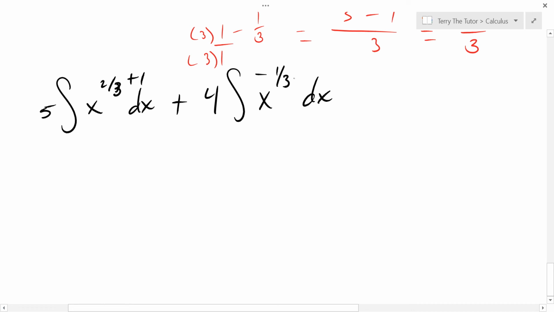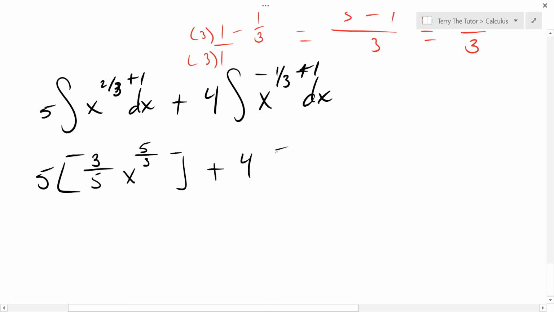Plus 1, plus 1. I don't think you need me to show you how to add fractions, so we've got 5 over 3, and then when you divide by 5 over 3, that's the same as multiplying by 3 over 5, so 3 over 5 times x to the power of 5 over 3